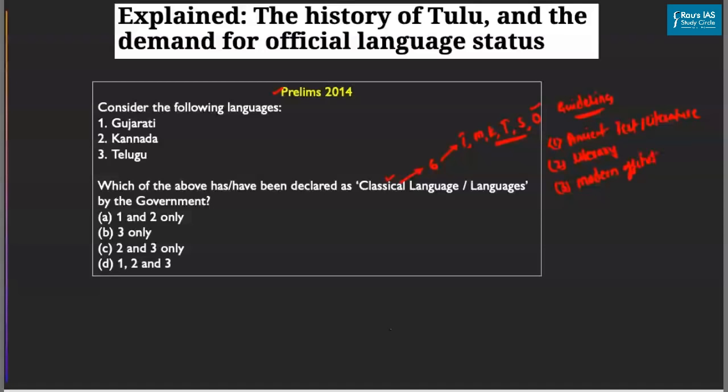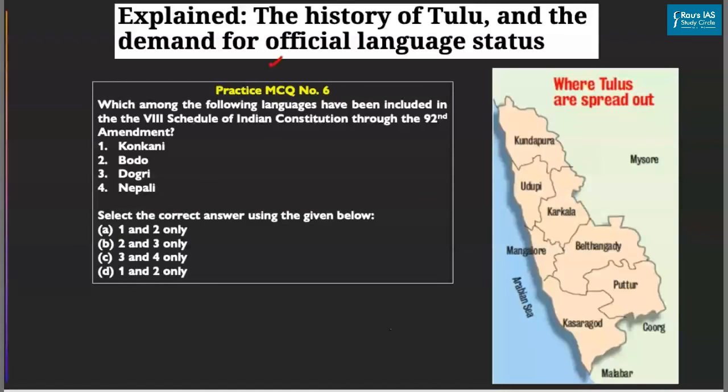So there are certain guidelines which the government has come out with, and if a particular language is fulfilling these guidelines, then such a language would be given the status of a classical language. So as you can see, the right answer to this particular question would be C, that is 2 and 3 only. Now this particular article basically highlights that the Tulu speaking people have recently started a campaign on Twitter demanding